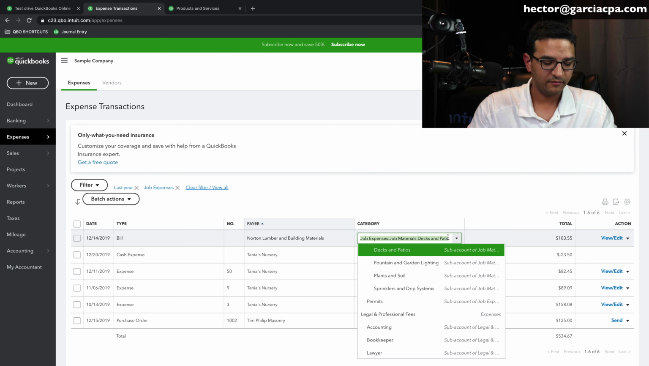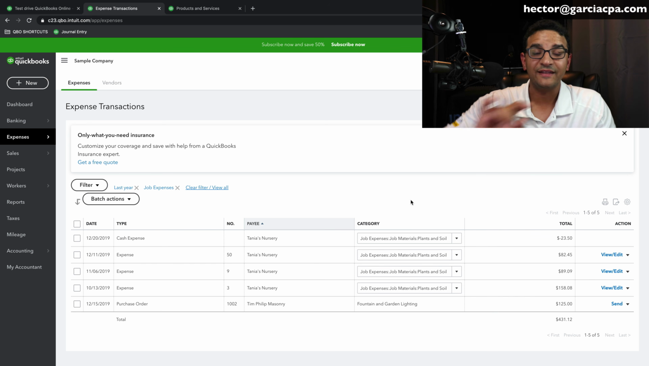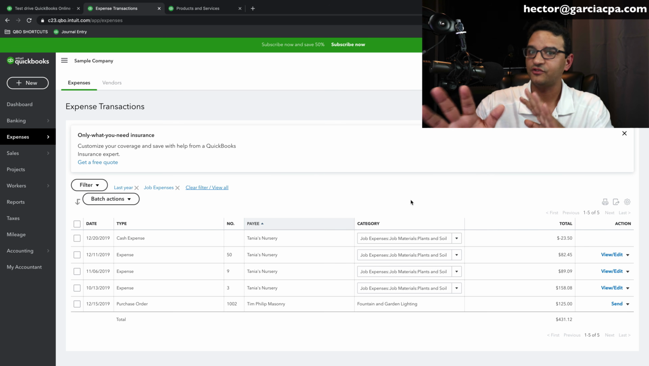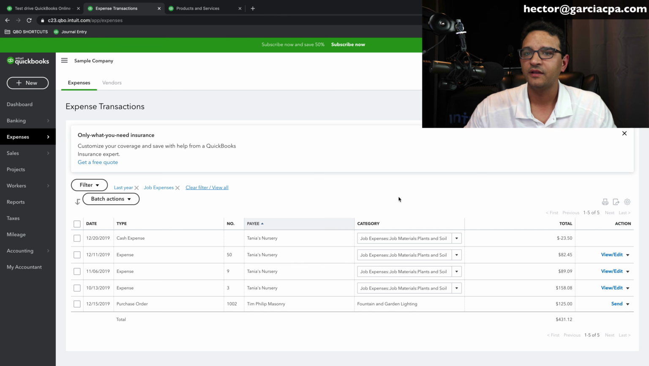I just click on the category, type cost of goods sold, click on it, and there's no apply or save button. So be very careful in this screen. You can just change it once and it goes away and it moves it into the transaction that it's supposed to be. Now, because this screen is so awesome and also dangerous at the same time,